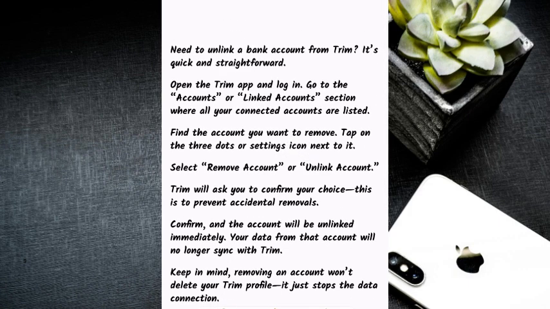First, open the Trim app and log into your account. And then go to the Accounts or Linked Accounts section where all your connected accounts are listed. There, you're going to find the account that you want to remove. Tap on the three dots or settings icon that's next to the account and then select remove account or unlink